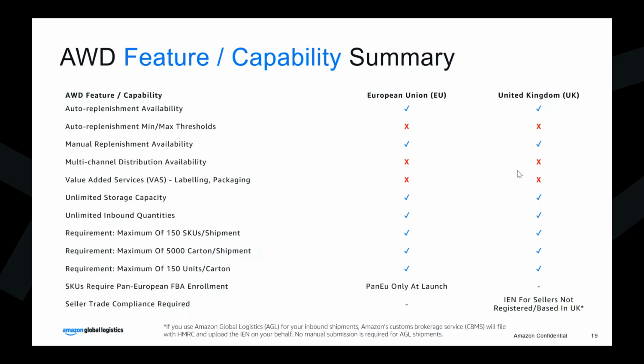Oh, here's also a question: can we move existing FBA inventory to AWD? Well, it depends on you. You need to recommission your cargo from the fulfillment center and then find a logistics provider who brings it to AWD. So if you find this, you can do this. I just do not have the supply chain solution available to you because I'm part of the Amazon Global Logistics team, but it should be technically possible. You just need to get your inventory out of FBA and create an AWD shipment.